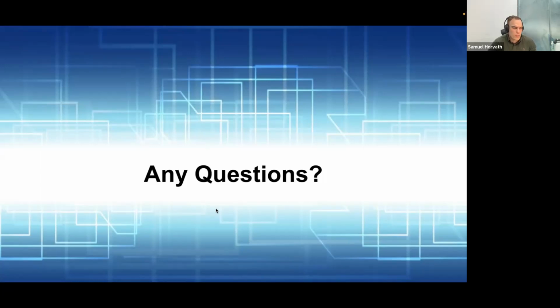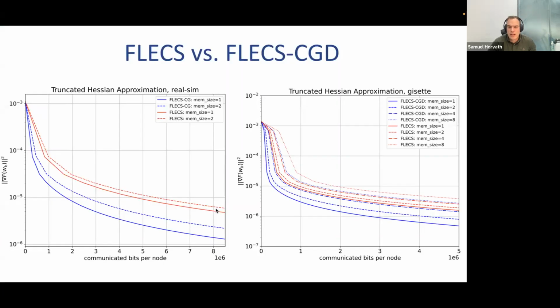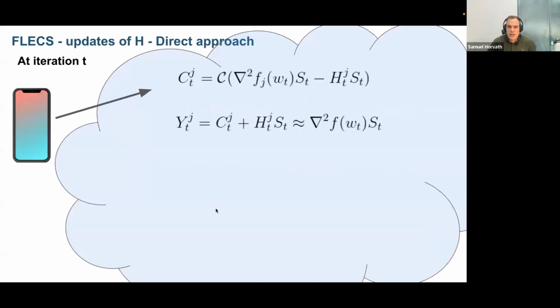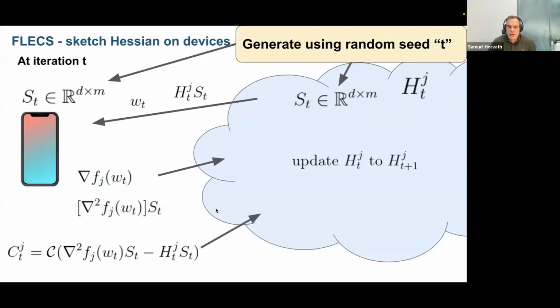I would have one more, maybe 2 questions to start with. At the beginning you mentioned that you do not focus on partial participation, but with your method your global memory scales with n, and if you scale it to a large application, that might be quite a problem. Even if you have a very powerful server, it might not be feasible, right? Do you have any idea how to cope with that?